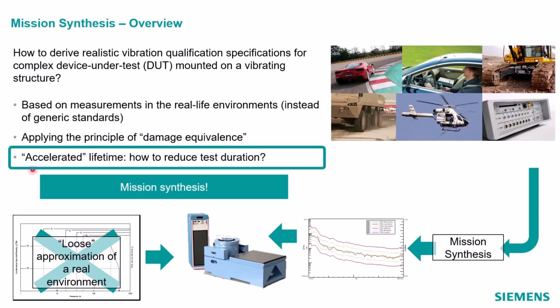And then what we also want to do is we want to accelerate this test. So you might say something about the service hour of your part or component. You might say, hey, we expect this thing to last 20,000 hours or 100,000 hours or a certain number of years. And we don't want to actually have to perform a shaker test for that long. So how can we accelerate this test and still maintain the equivalent damage that component would see in the field?